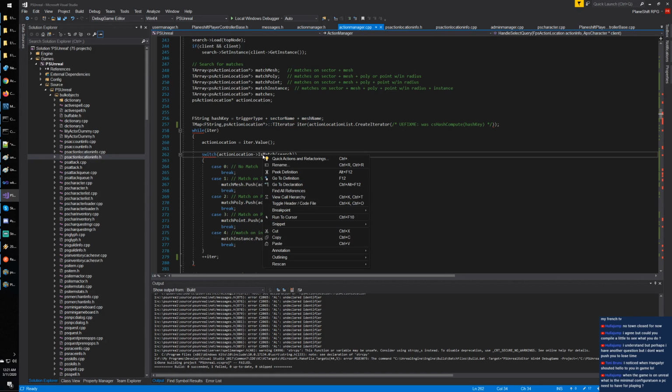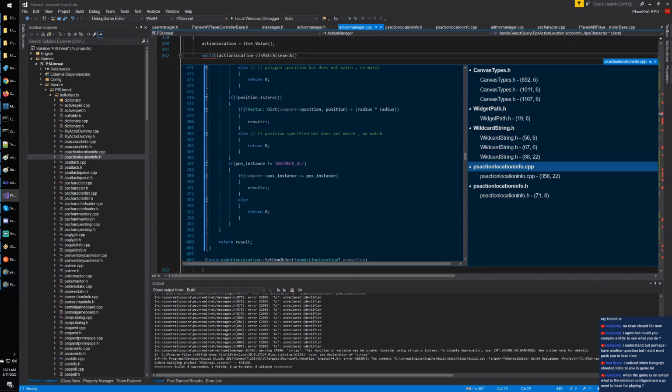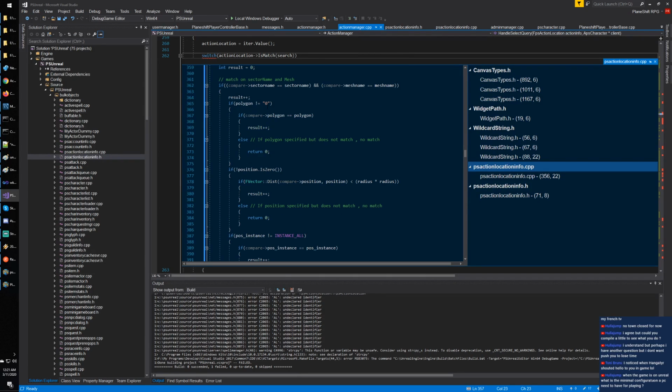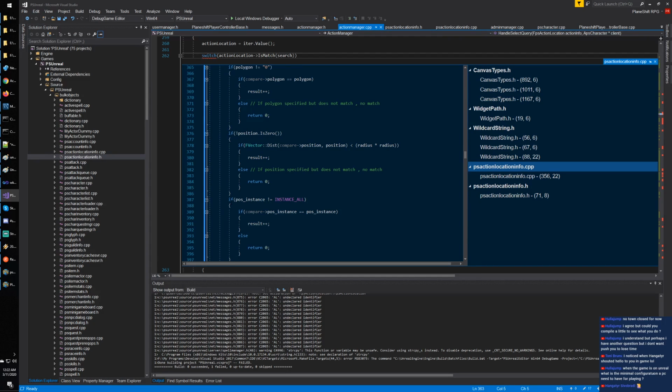Okay, so I think that this one is the function that is doing the real job. Yeah, match on sector name and mesh, and compare sector name with sector name, mesh name with mesh name. So if sector and mesh are the same, it goes further. If polygon is different than 0, then compares the polygon. Yes, if the polygon specified does not match, no match. If there is no specific polygon, it's searching for one at a certain distance. It's very smart. And if not,